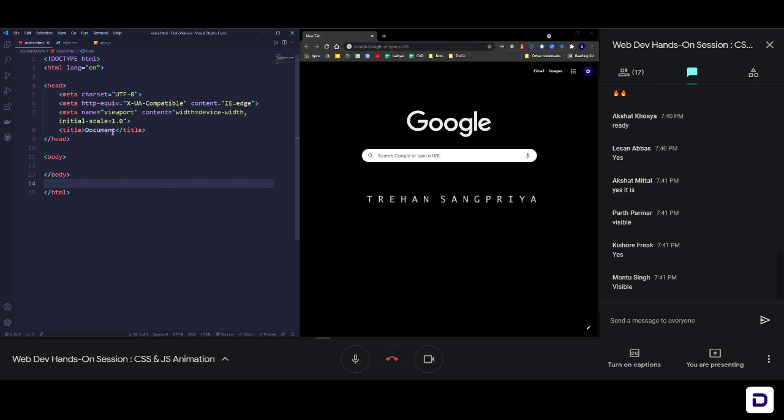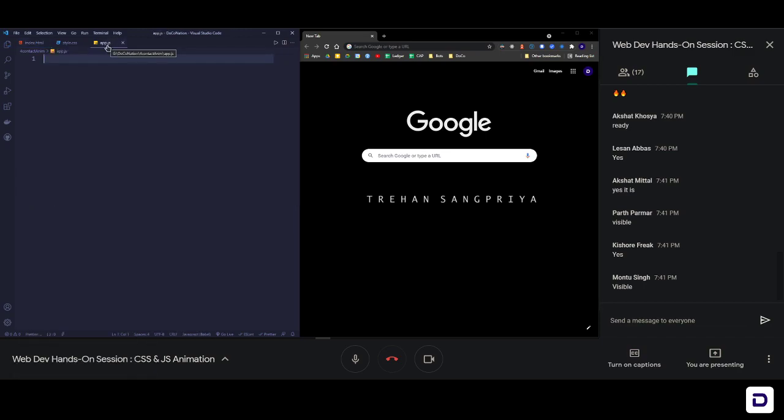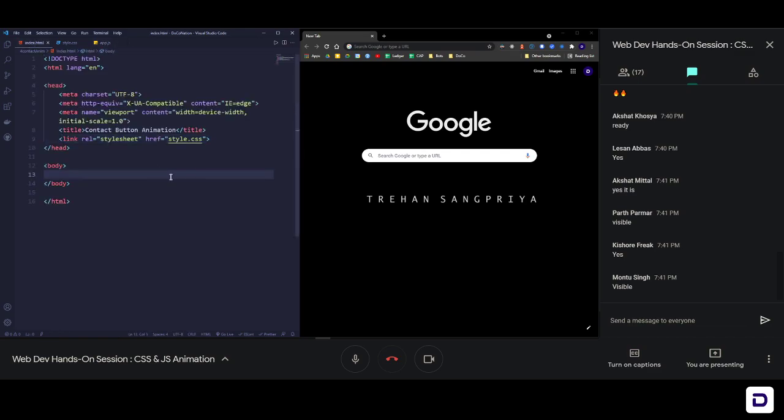Here I have just changed the title to today's title, that is contact button animation. Also, let us link our CSS file, which links our CSS file to our HTML file. And as I told you, we also have a JavaScript file, so right now let's link it to our HTML file.